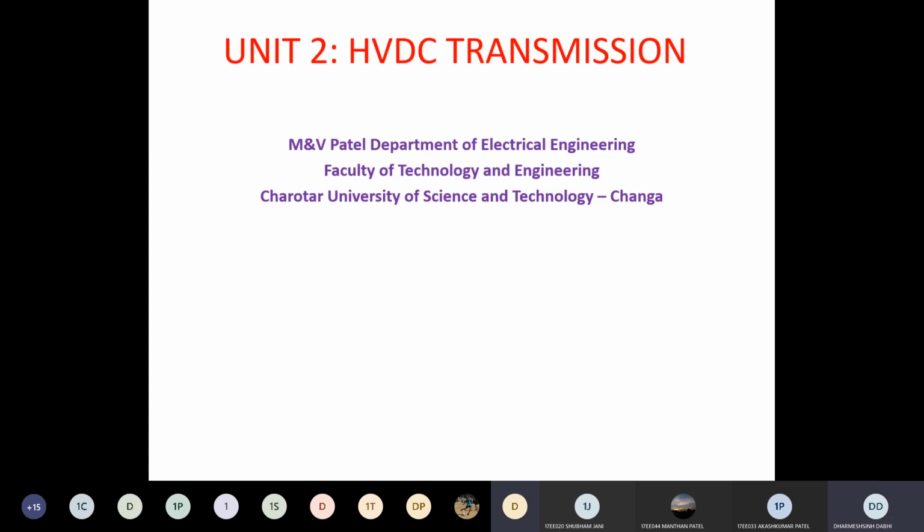Sir, in AC systems, whenever we have two different frequency grids, we use HVDC to interconnect them. Yes. This is one of the solutions: suppose one grid or network is operated at a different frequency. Suppose one grid operates at 50 Hz and another grid operates at 60 Hz. We cannot directly connect these two grids because of the different frequencies, and we cannot directly synchronize them.